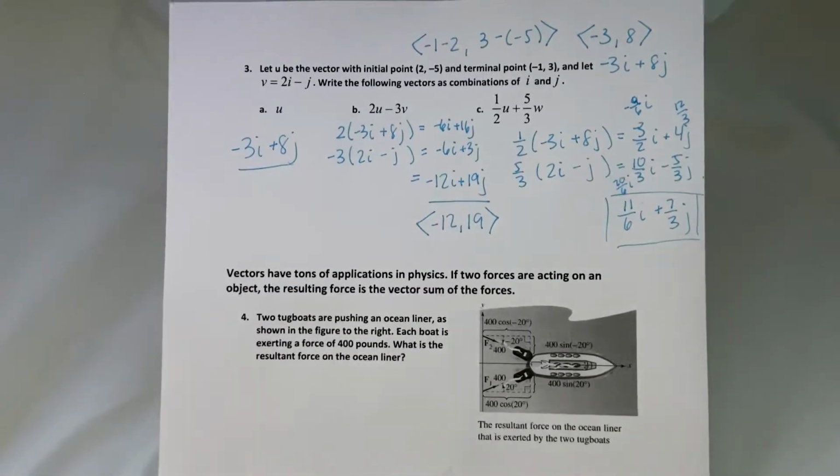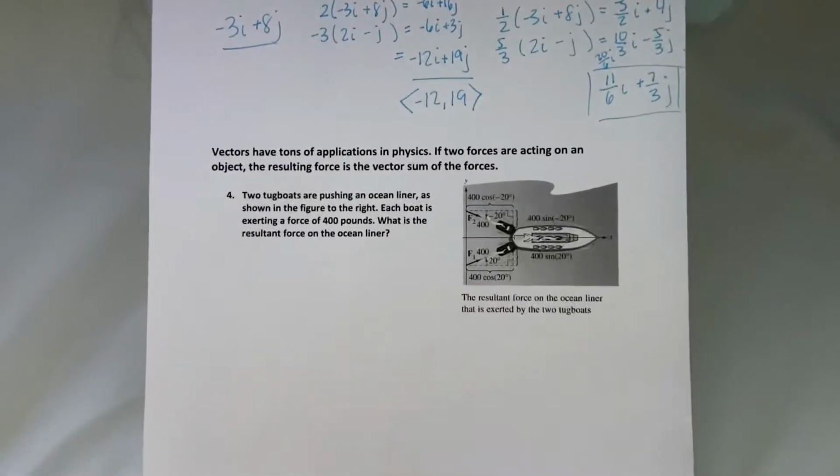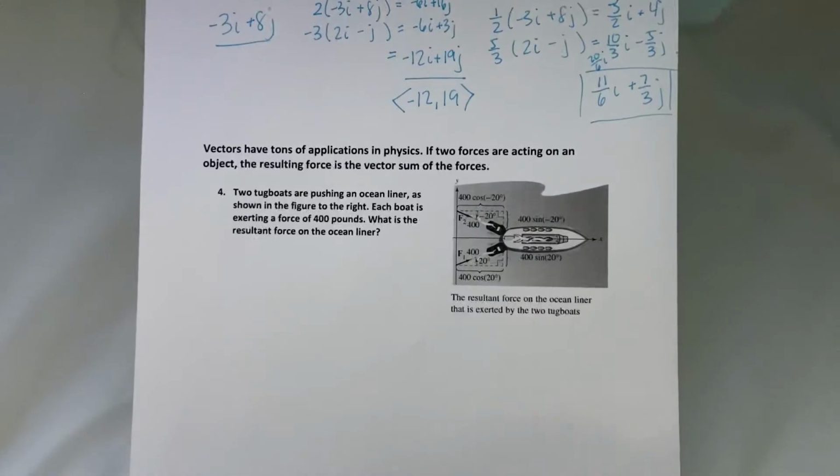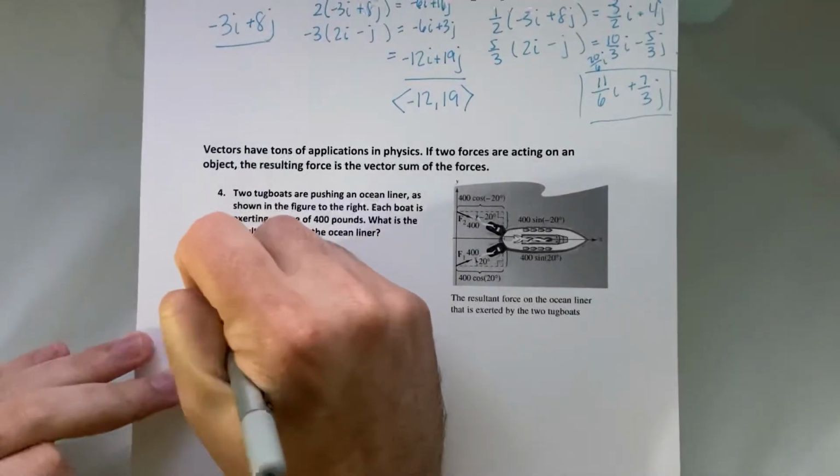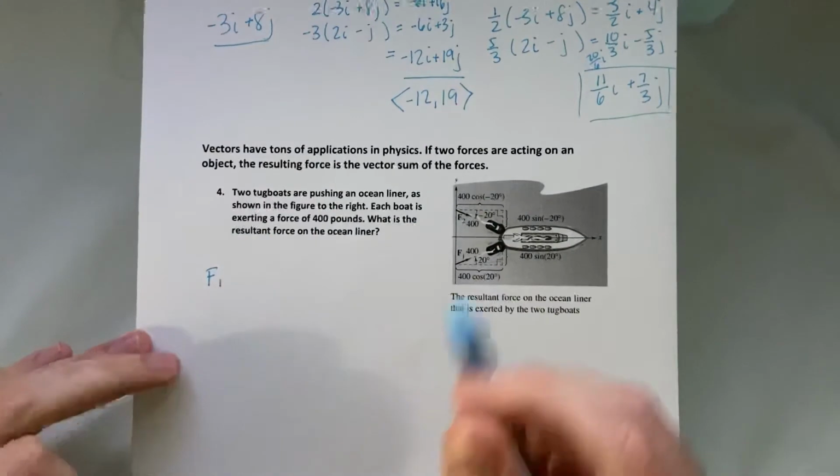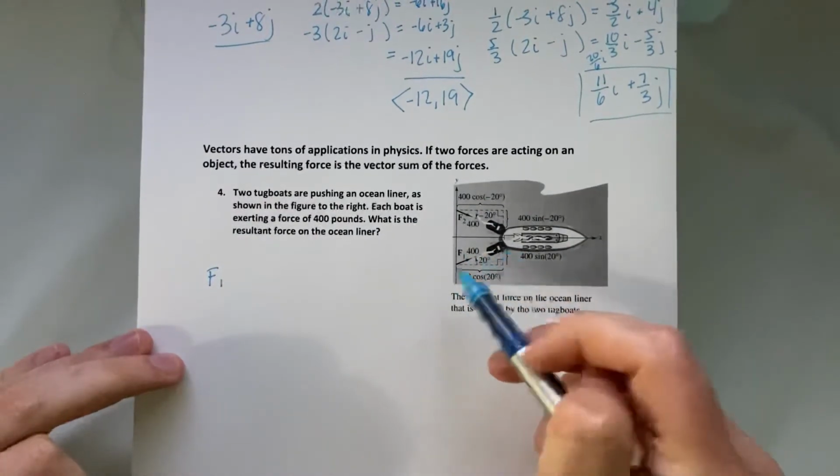Now vectors have applications in word problems. If two forces are acting on an object, the resulting force is the vector sum of the two forces. So this is: two tugboats are pushing an ocean liner as shown in the figure to the right. Each boat is exerting a force of 400 pounds. What is the resultant force on the liner? So this is a picture of what would happen. We've got force 1. It's 400 pounds, but that angle it's pushing at